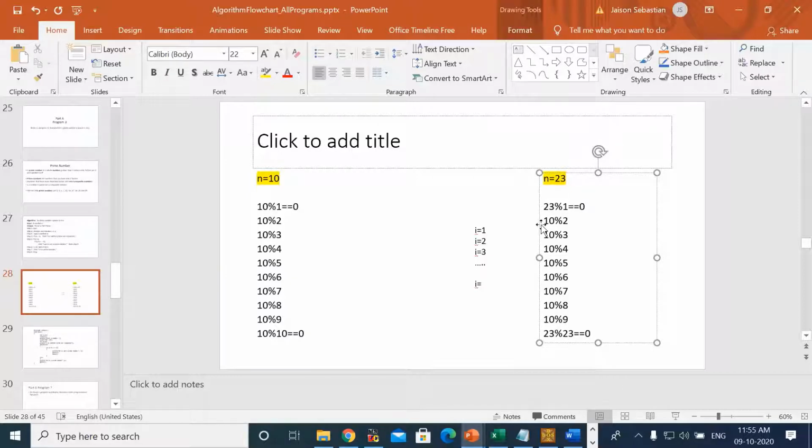The other numbers, here I am not changing, it is all 23. You will be dividing that number by 1, 2, 3, like that up to that number. Whether it is prime or non-prime, if you divide that number by 1, it will give a remainder 0. If you divide that number by the same number, it will give you a remainder 0, right? So why unnecessarily check for that?